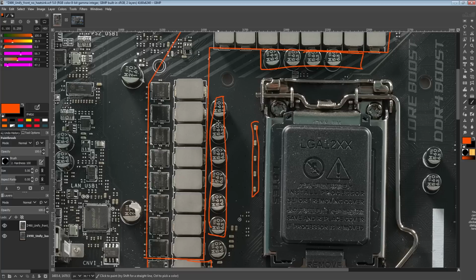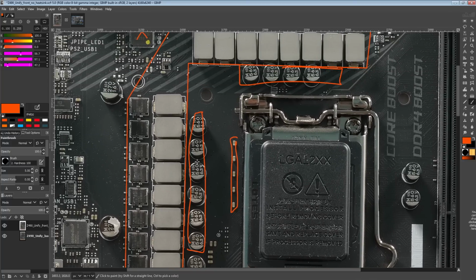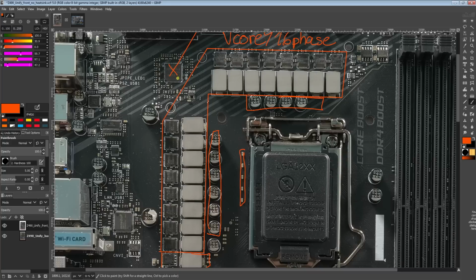So basically what I'm trying to get at is, with where these capacitors are located and how many of them there are, this is probably not going to be the best regulated board out there. Now, that doesn't necessarily mean it's going to have horrible undershoot, but I'd be very surprised if it did very well on overshoot. And overshoot ultimately doesn't matter that much, but overshoot is kind of the easy metric to